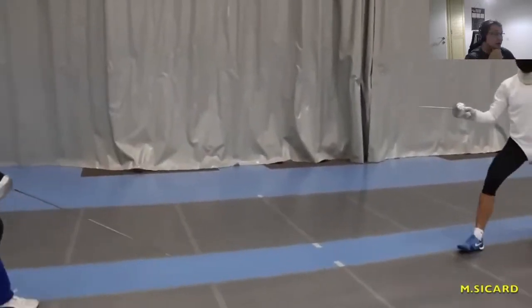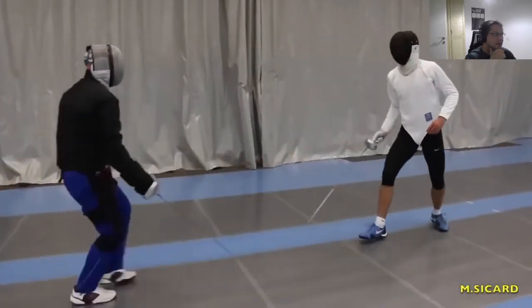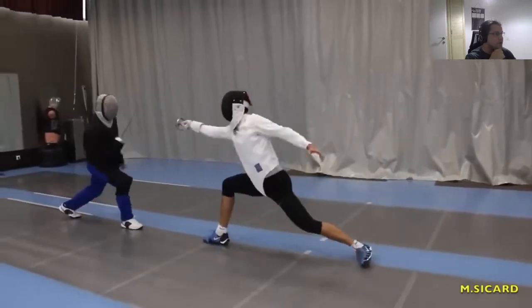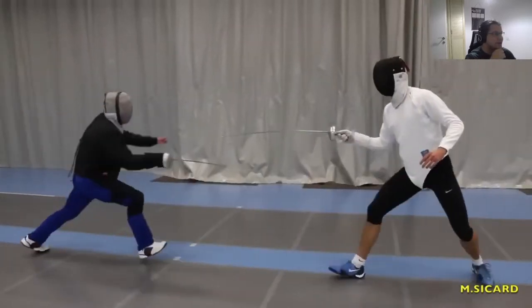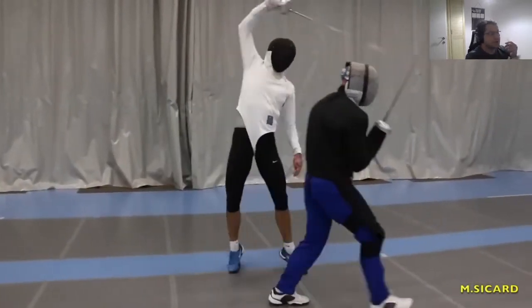Maybe it's just starting it with an attack. Maybe that's what it is. It's your attack fails, then what do you do? A little bit harder and trickier than what do you do if your opponent's attacking you and you're ready. It's what do you do if your opponent's attacking you and you're finishing up your own attack. Then it's, you know, go backwards, catch their blade,